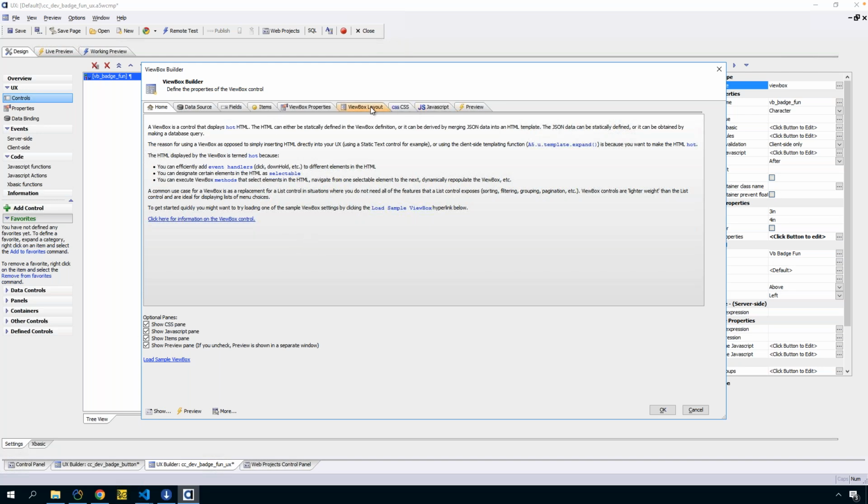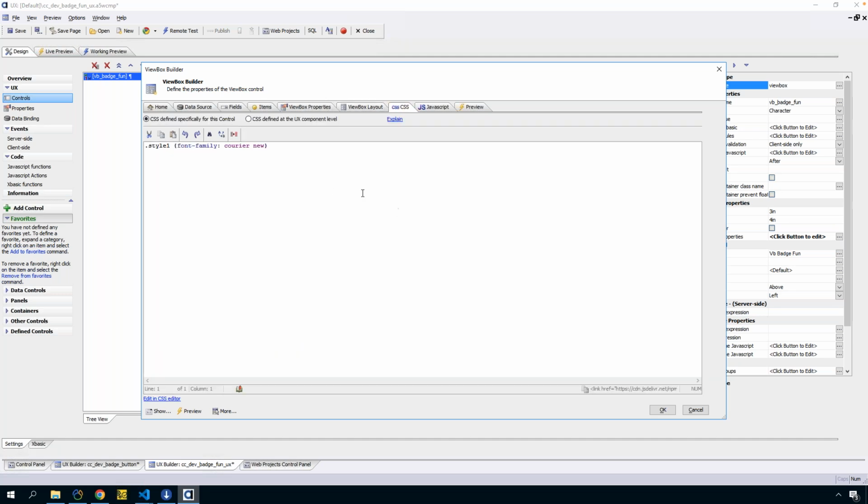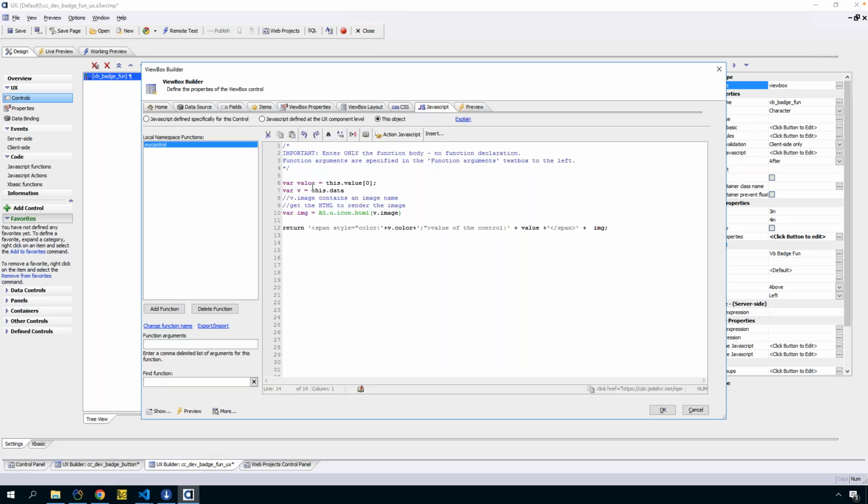So first and foremost, normally when you're doing a view box, you put your HTML here, your CSS here, and then you're good to go. And then you could add JavaScript if you want. But view boxes work a little differently. Because they're dynamic in nature, we actually go to JavaScript and you'll see that there's a function called myControl. And this function basically spits out some